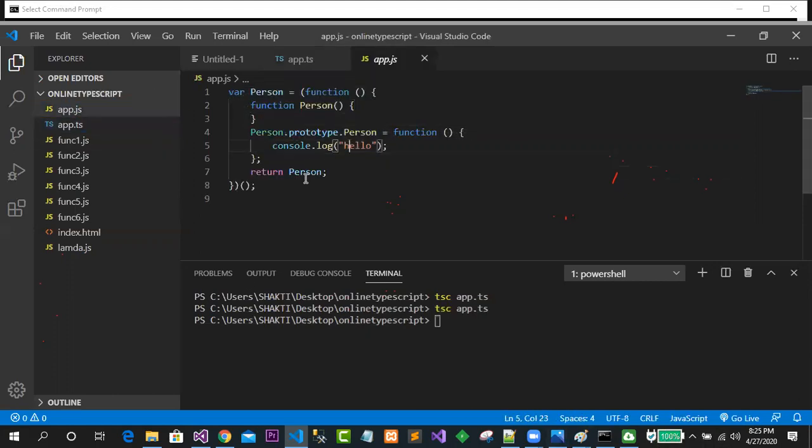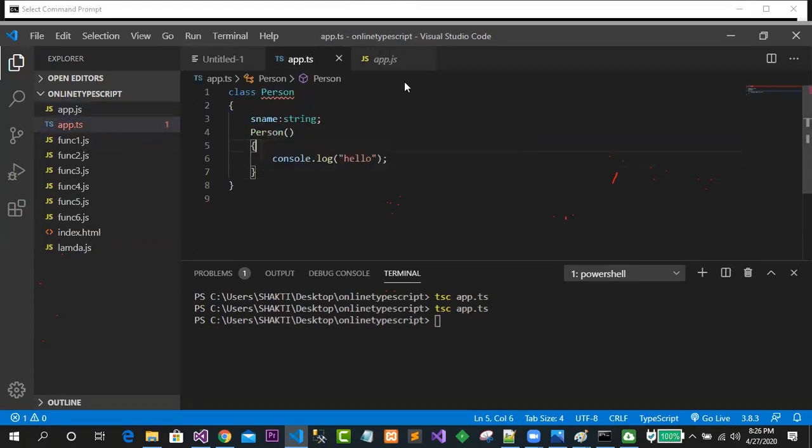If you can see here, look at how exactly it looks. We have already gone through the prototype concept. Those who have not gone through the prototype concept, just go through it also. What exactly is the prototype telling? By the prototype I can add a function or any method or member to a class. But for this time, let me create the object of this class. How to create the object? var obj equal to new Person.